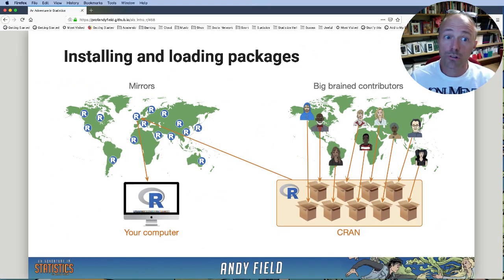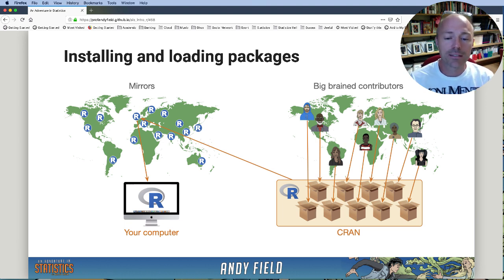In the previous tutorial on RStudio workflow, we had a look at setting up project files, how to structure your project directory or folder, and we also started to have a look at markdown files. Now in this tutorial we're going to cover a fundamental concept in R, which is installing and